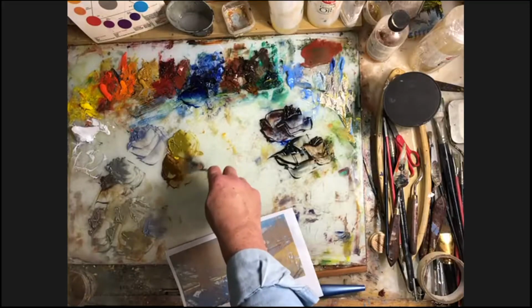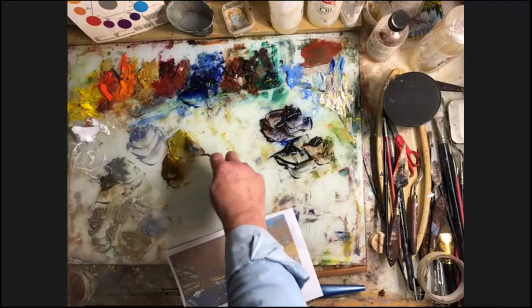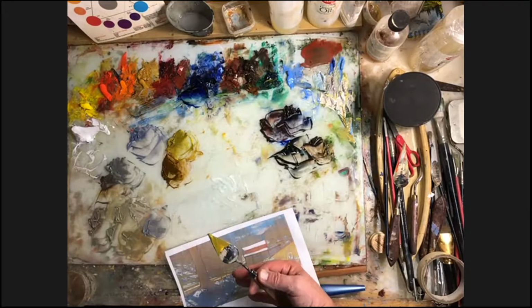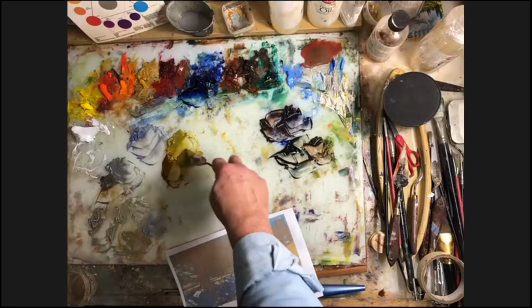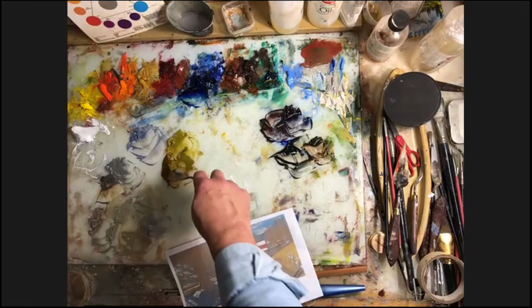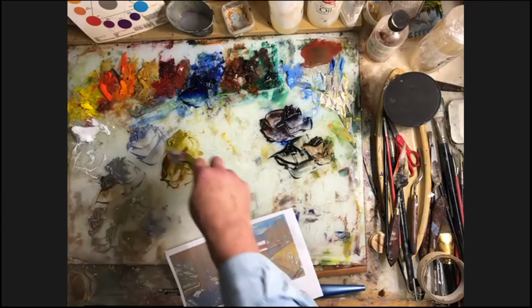I would again, it's kind of a big area. Make sure you don't paint it all just one simple color right off. Make sure you have a couple variations in this color. So that's why I'm just going to go over here and steal some of the cat orange I had over here and throw that in here. So you got a few different little things going on, maybe even